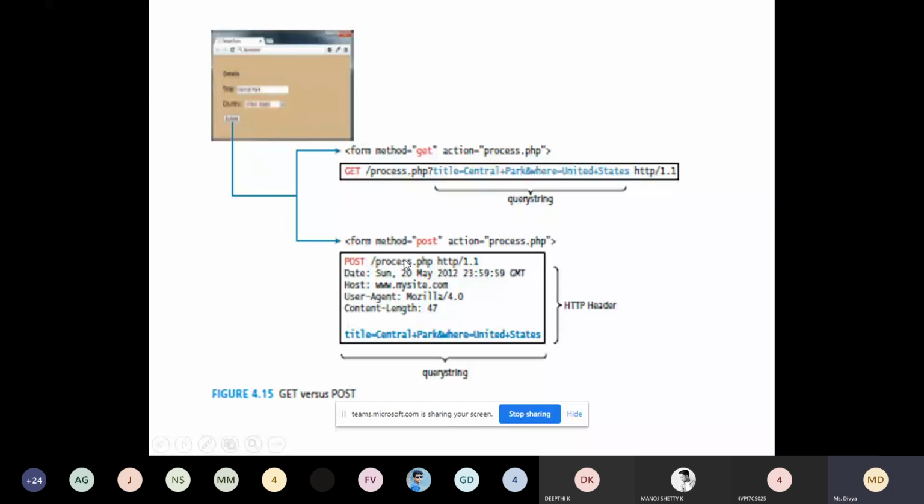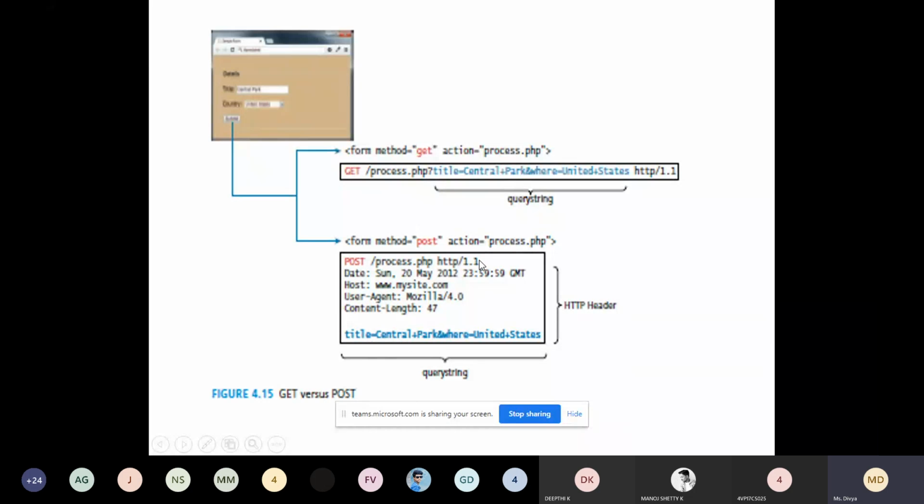In the method post, we are sending the data, whatever you have entered, in the HTTP header. HTTP is a protocol which has different parts like header and body. In the protocol header, we are sending the data which will not be visible to the user.